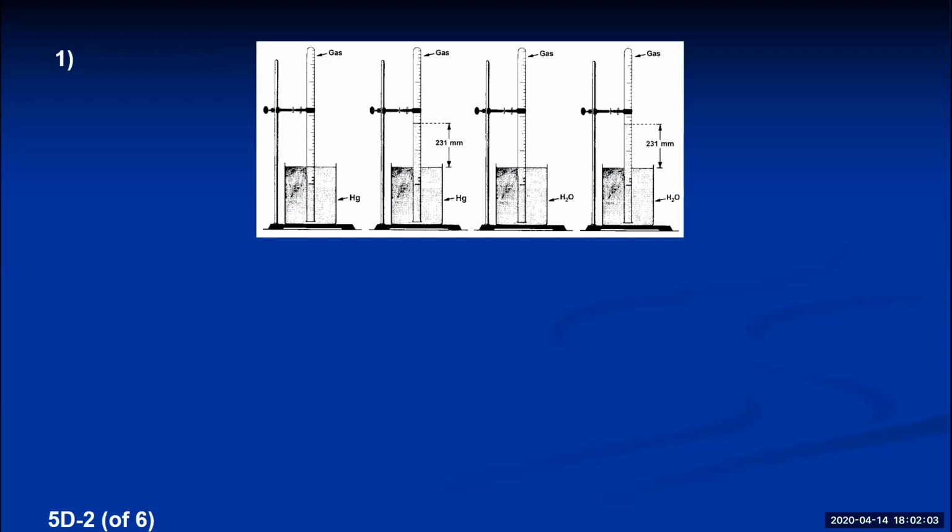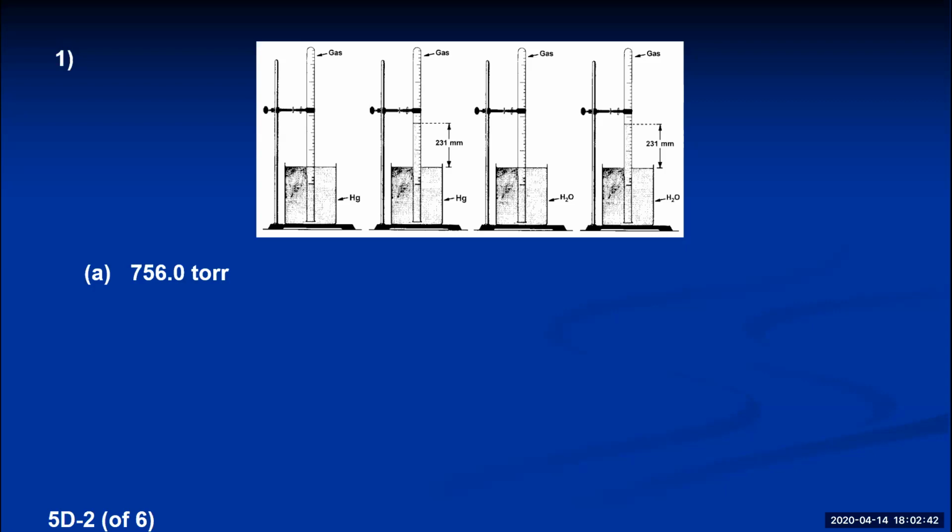Our first eudiometer on the left is one in which the hydrogen gas is collected by displacement of mercury. Because the levels of mercury inside the eudiometer are exactly the same as the level of mercury in the open beaker, that means that the pressure in the eudiometer is exactly equal to the atmospheric pressure, because both gases are pushing their level of mercury down exactly the same. So we would say, therefore, that the pressure of the gas inside the eudiometer is 756.0 torr.